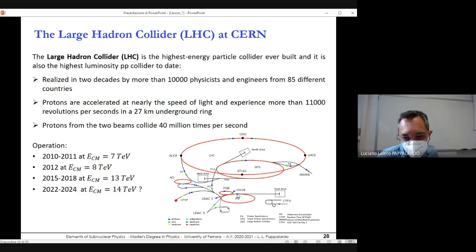Then the protons are injected into the proton synchrotron, okay, where they raise their energies further. When they get the proper energies and also the proper intensity, the beam is injected into the super proton synchrotron, okay, which is the machine essentially with some modification where the W and the Z boson have been discovered in the early 80s. And here, when the energy of 450 GeV is reached, they are eventually injected into the Large Hadron Collider, okay? And here the energy increases even further, reaching something like 6.5 TeV per beam.